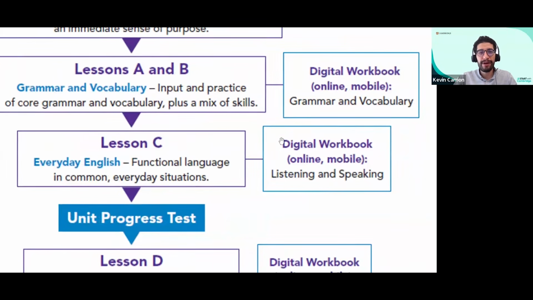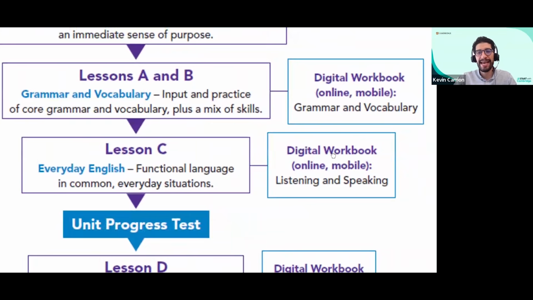And this is a good moment, after you check the grammar or vocabulary lessons in lessons A and B, to assign digital workbook exercises. Remember, you assign them through the Cambridge One platform. These ones are focused on grammar and vocabulary only.